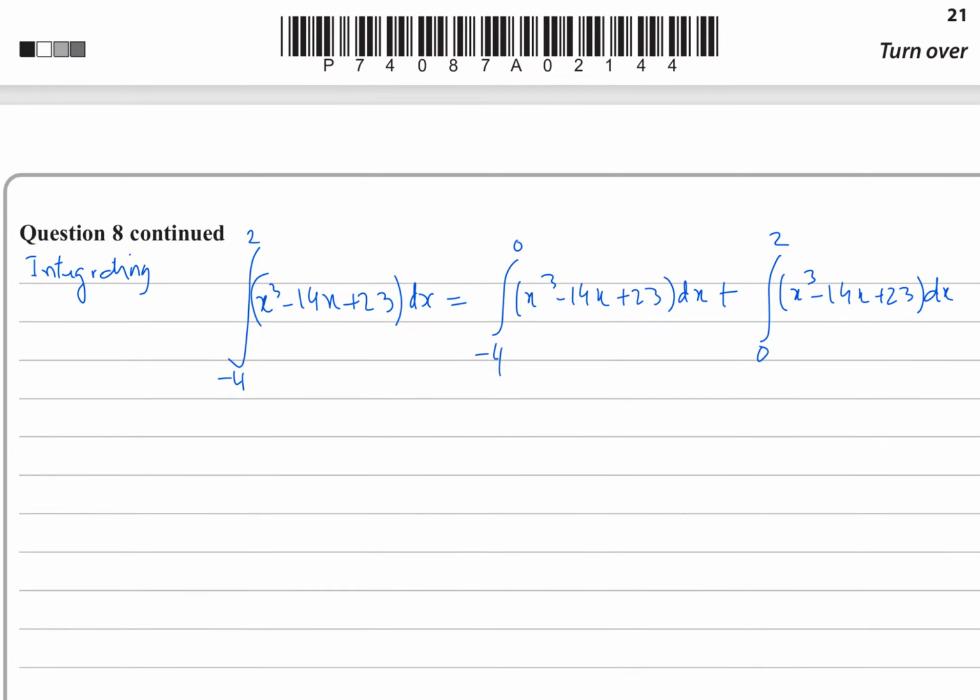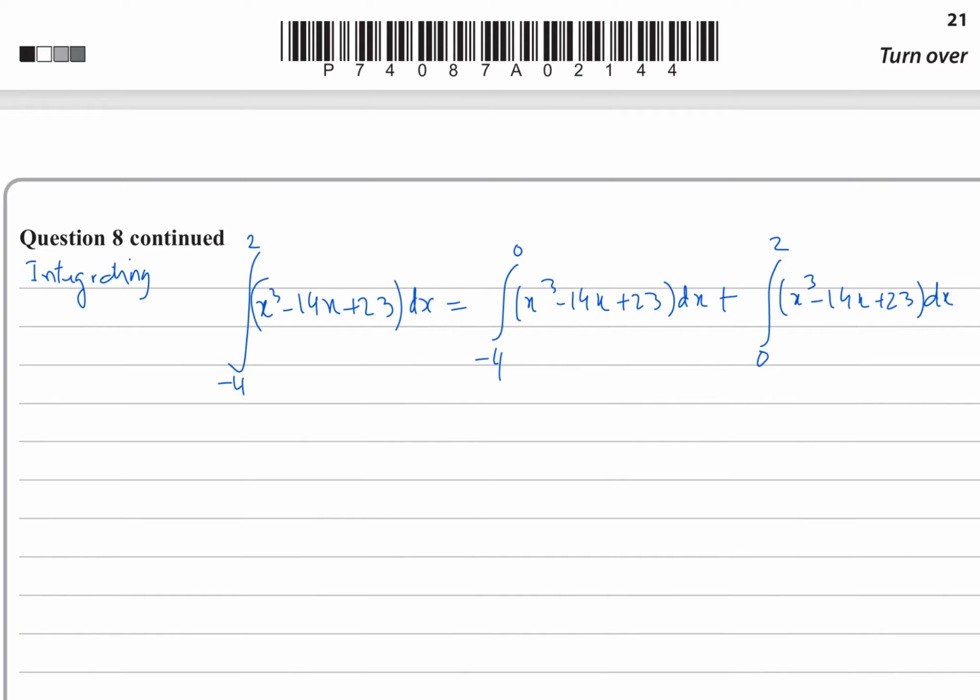It's an easy integration, so that is equal to x to the power 4 over 4 minus 14x squared over 2 plus 23x, from minus 4 to 0,